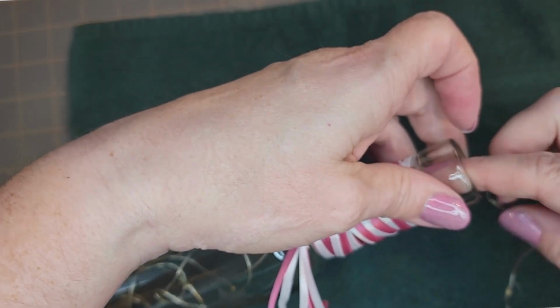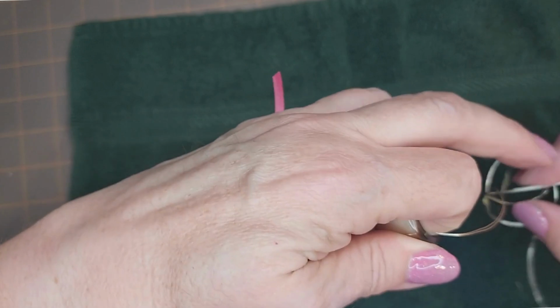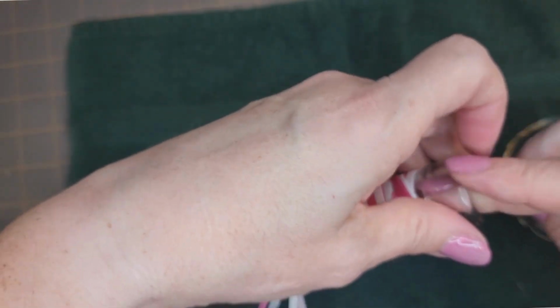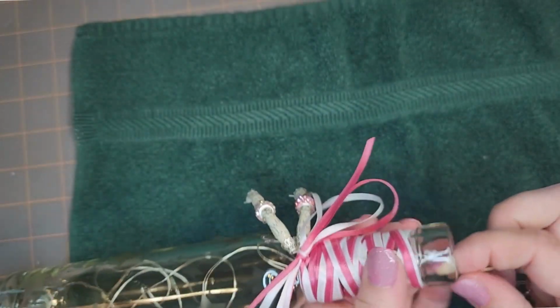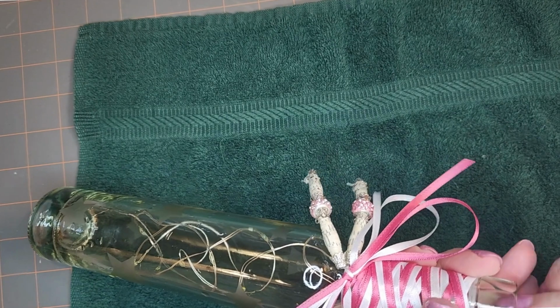And if you're struggling, you can pull anything like a knitting needle or something. I happen to have a chopstick, kind of a funky chopstick, so I pulled that to help me weave it down in there if I struggle. The other one's a little bit taller than this one,